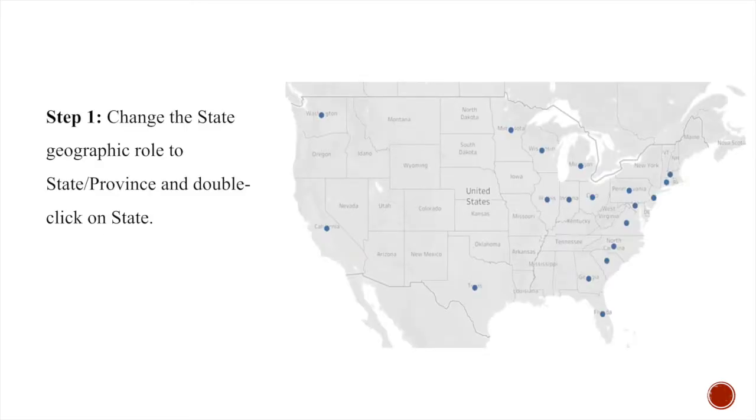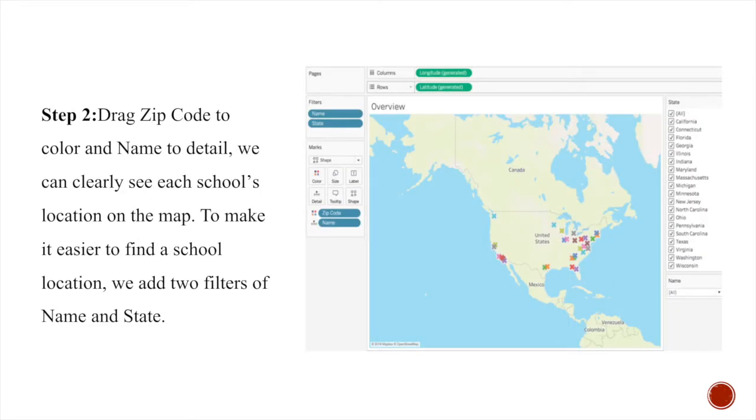First, we changed the state's geographic role to states and province and double-clicked on states, so we got this rough map. And next, we dragged zip code, and color on name to detail. We can clearly see each school's location on the map. To make it easier to find the school location, we added two filters of name and states, and our overview